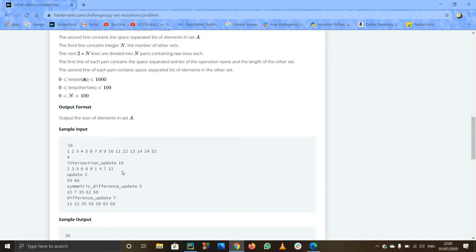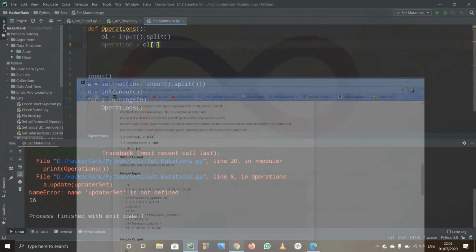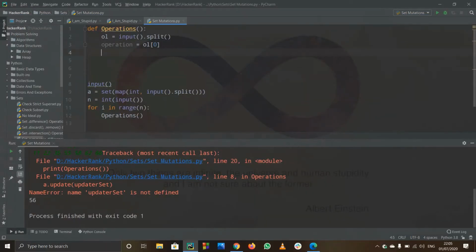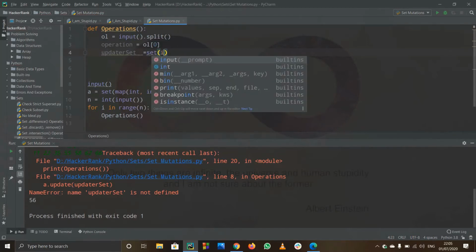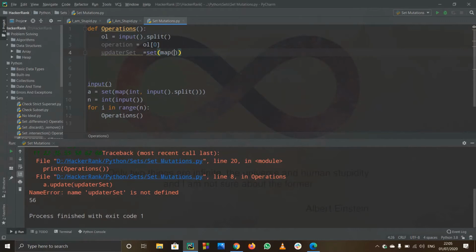Then afterwards we just have to take in the set that we are going to use for updating. So let us name it something like update set. Don't mind the spelling for now. It equals, again, the same thing, set of map, then int, input dot split. Okay, we got the set.